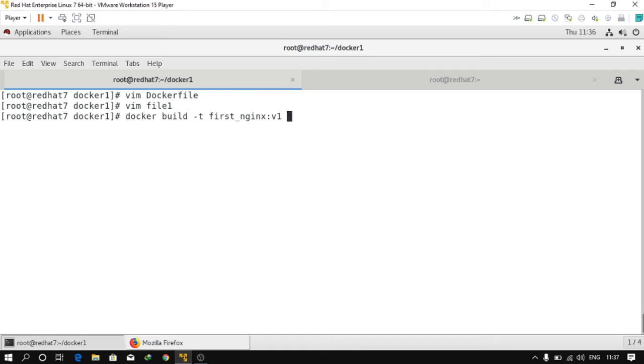Now the thing is, you have to give the file path. How can you give the file path? That is, -f is the file path that you can give. So what is the file path, if you remember that? That is this one: